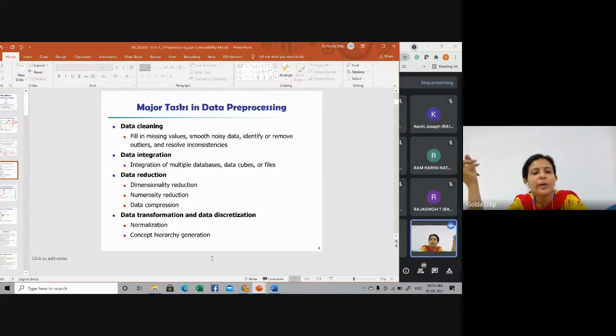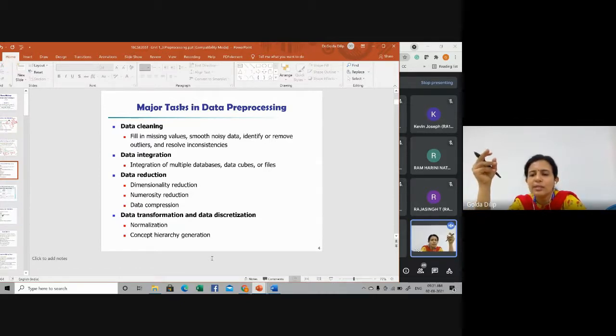There could be noise there, some variance error could be there. So we need to apply different data mining techniques to get rid of those anomalies. There are various techniques to deal with these things. Data cleaning is all about eliminating the irrelevancy from the database records.